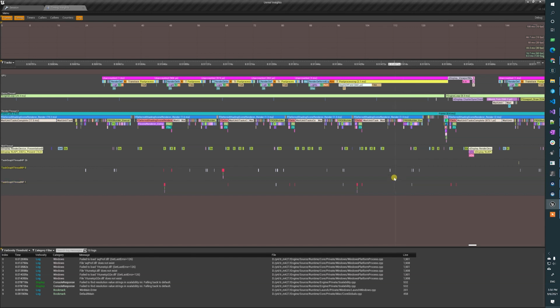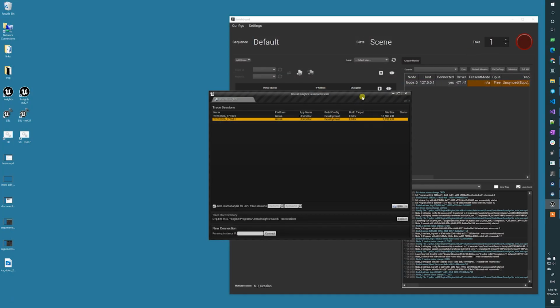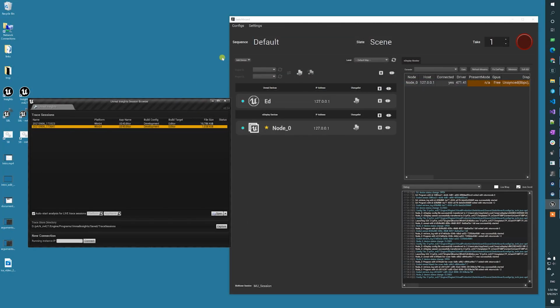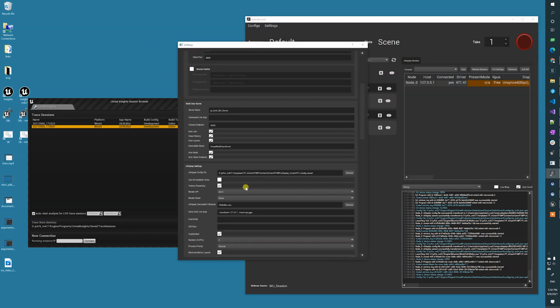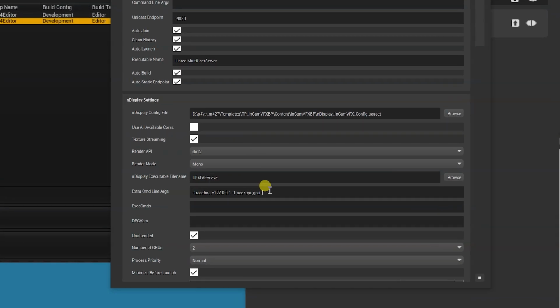utilized by Unreal Engine. And the next argument that I want to show you is one called stat named events. Which basically makes it show you information about certain kinds of stats traces from Unreal Engine. The way you enable them is with the command line argument called stat named events.